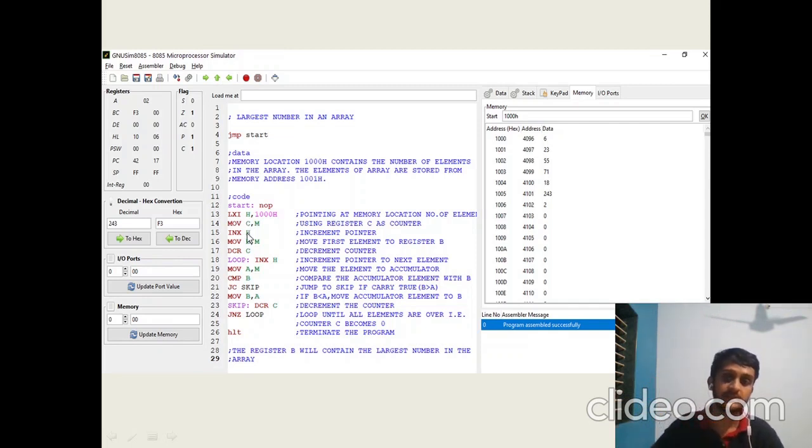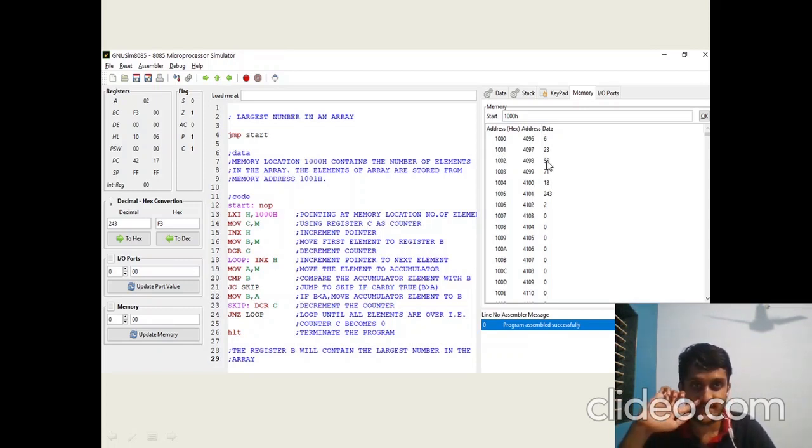Now we would increment the HL pair by 1 so that we could access the first element in the array, which would be 23, and that element we would move to our register B. Now that we have accessed the first element, we would decrement the counter by 1, and for accessing the second element, we would increment the HL pair by 1 so that we could access the second array element, which is 55 here.